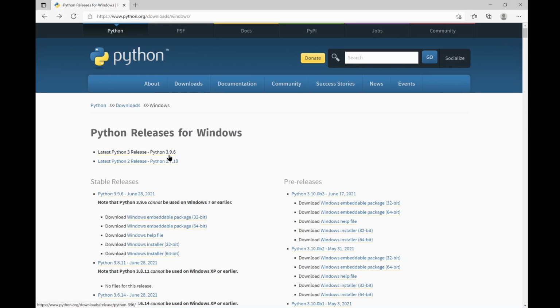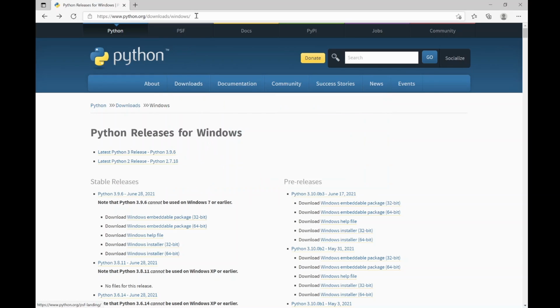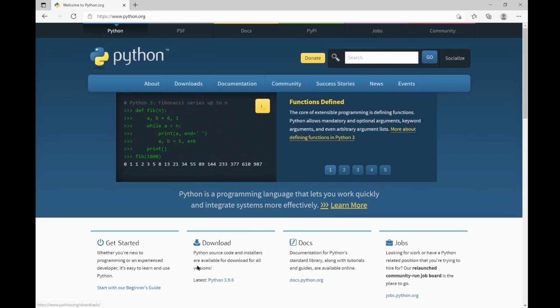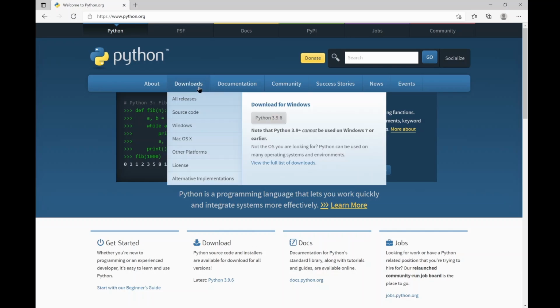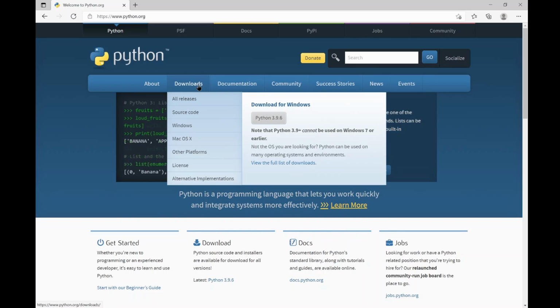So let's get started. You can install Python from the official website, which is python.org. I will be putting the link in the description box. Once you open this website, you will have this version, and then you have a download option here, as well as you have a download option here. So by default, it is giving the latest version to be installed, but as I wanted an older version,